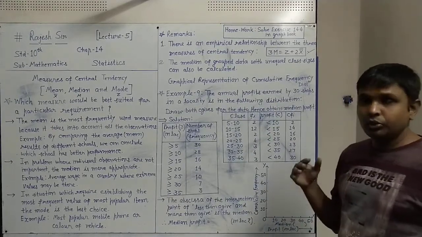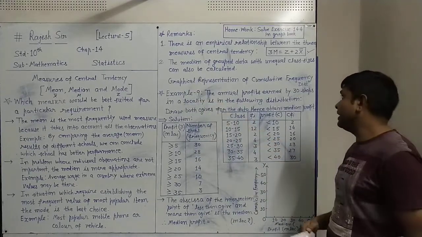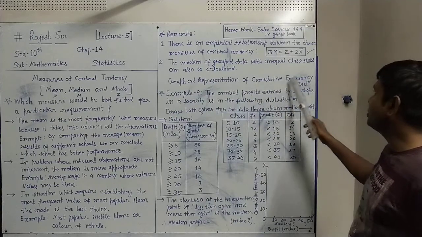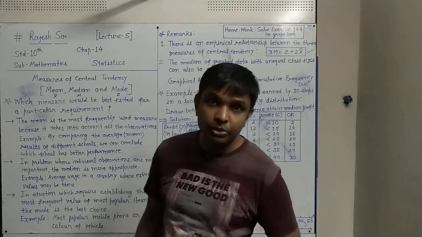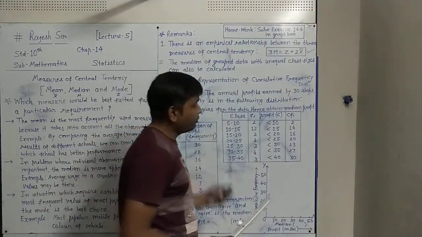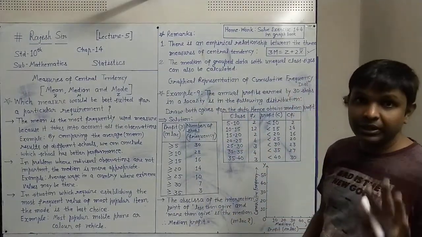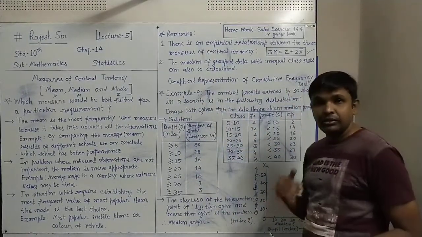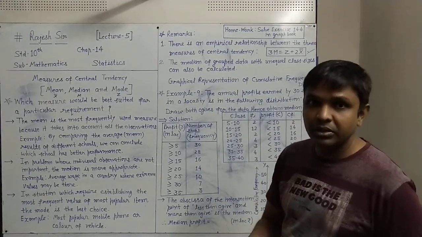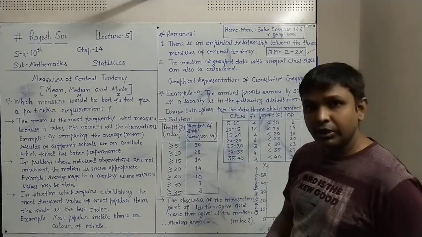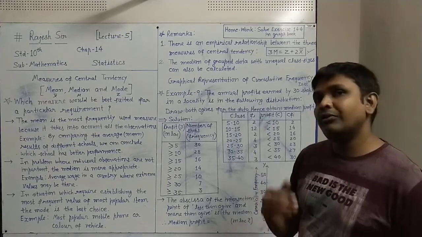Now the last portion in this chapter is graphs. The heading is graphical representation of cumulative frequency distribution. How to represent the cumulative frequency distribution on the graph, that type of topic we have in the last. And all this graph work we have to do in the graph book only, remember that. I have suggested which type of graph to use. The graph book which comes with printed questions for the 10th standard maths, that we have to use. In that you will find these questions and you have to draw the graph for the same.